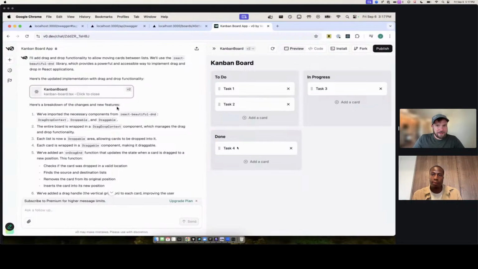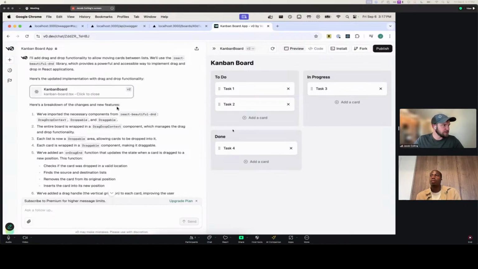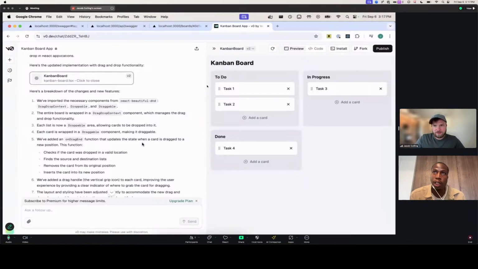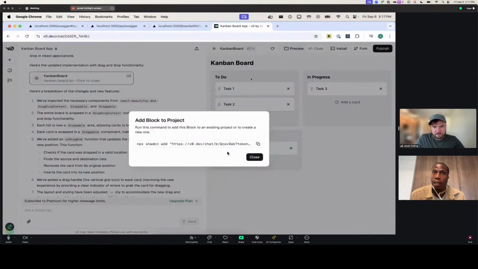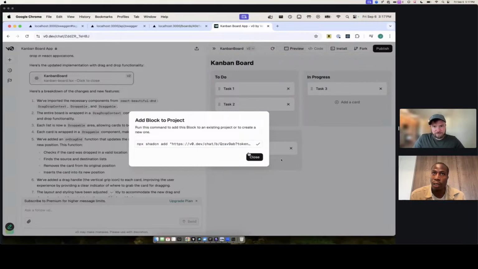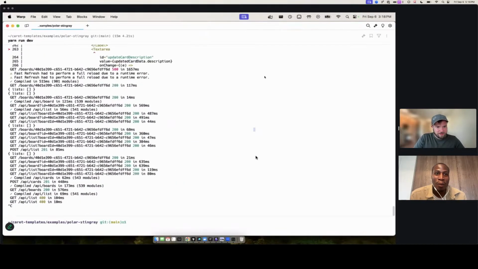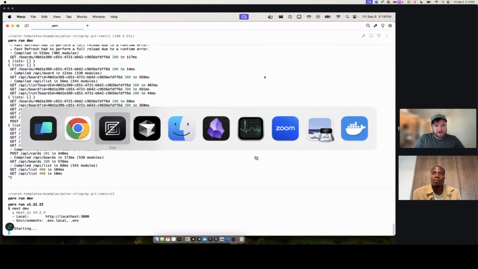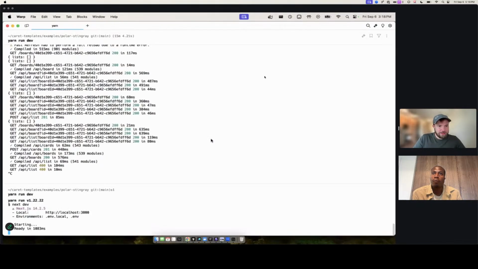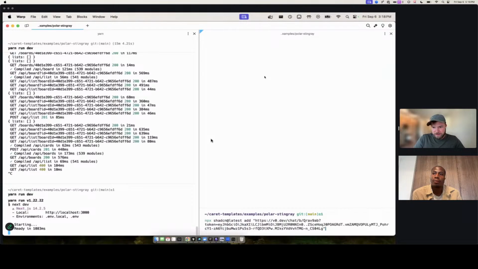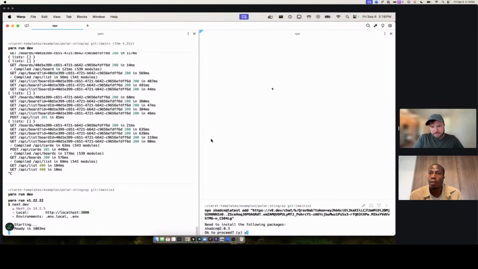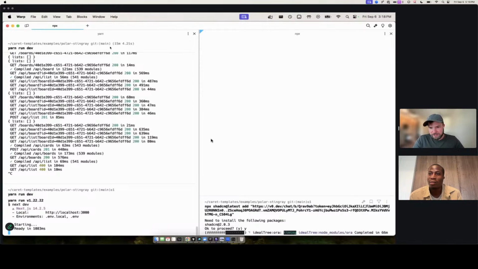Have you used the new chat at all? The chat interface and the CLI tool? I haven't had the chance to explore that yet, but it looks really slick. Yeah, I use the new chat. There are some things I prefer about the old chat, and for the CLI stuff, yeah, you should give it a shot. Let's see how that works. Okay, I'm on the main here. All right, so this is Cursor, and then let's just throw that in there and see what happens. Install some packages. Hopefully, it doesn't break any imports.